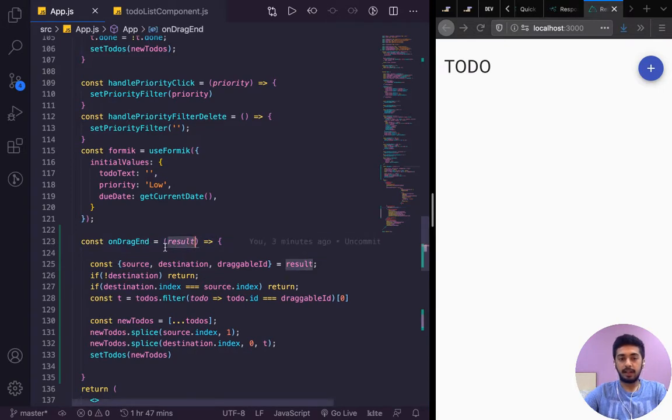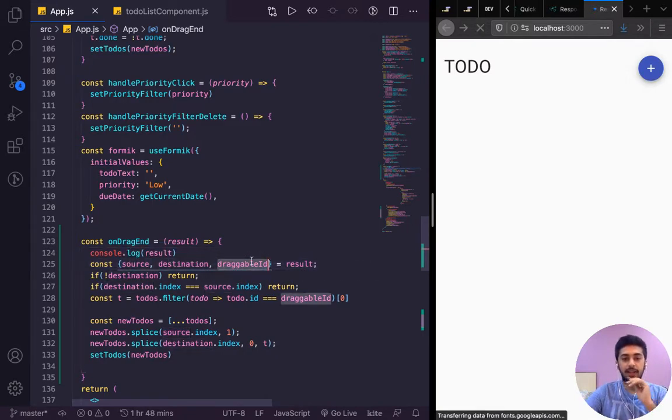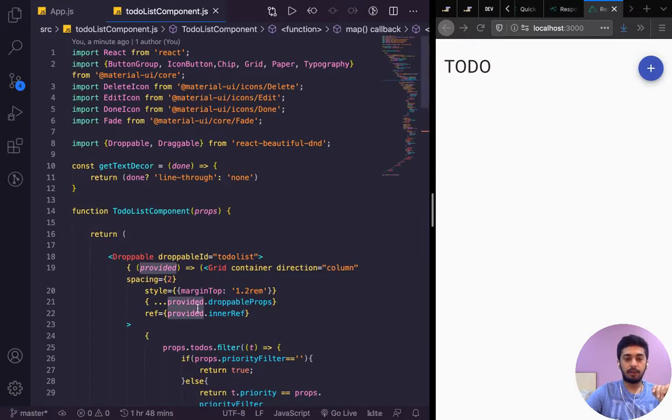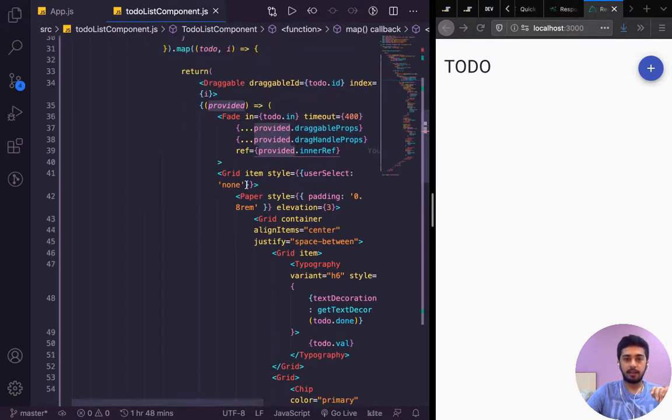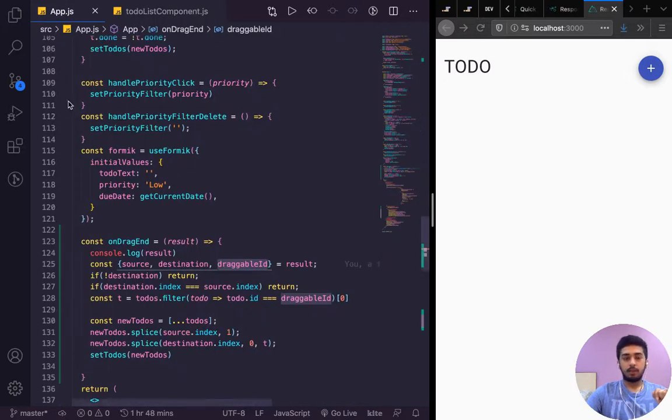So onDragEnd takes in basically an argument called result. I'll show you what all this result argument has. Give me a second. So from this result, we extract source, destination, and draggableId. And as you guys remember, over here we gave it a draggableId, right? So we have those values in the result, and we say if there's no destination in the result,